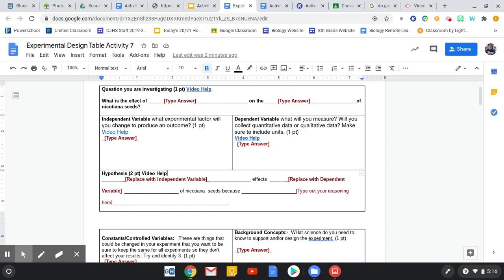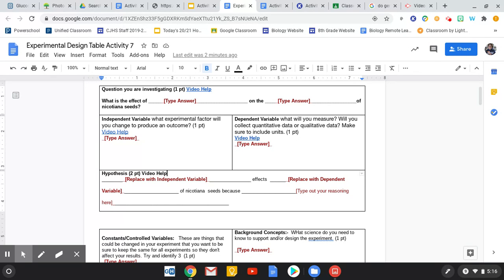Do not use purple growth spray. If you do, you will get it wrong because you're using my example. But you're going to replace this with your own variable and the weight. So yours would sound something like this. Purple growth spray affects the weight of Nicotiana seeds because purple, this is where you'd have to use your previous